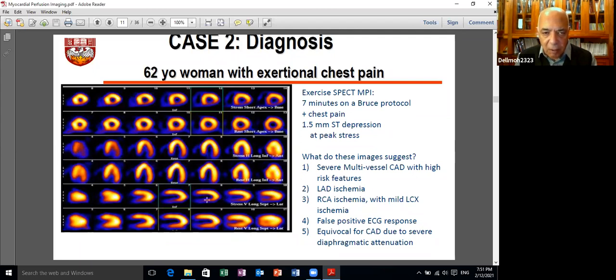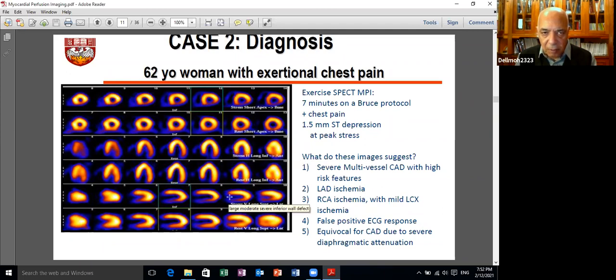And for the vertical long axis, we slice the heart vertically at a right angle to the horizontal long axis, starting from the septum of the heart on the left here and going to the lateral wall of the left ventricle. So here we have the anterior wall, the lateral wall, the inferior wall, and the septal wall. Here is the septum, here is the lateral wall, this is the apex,